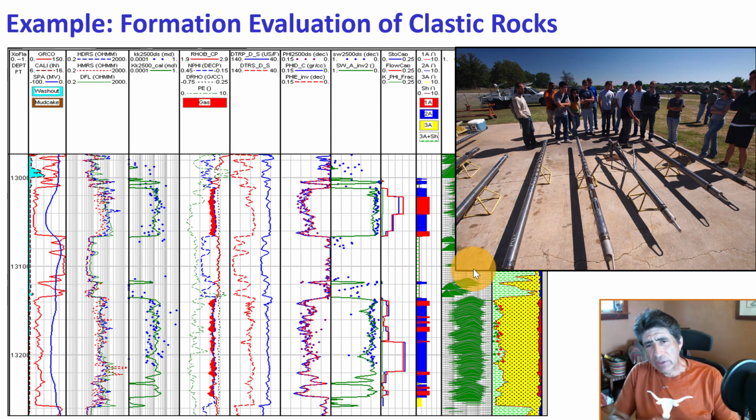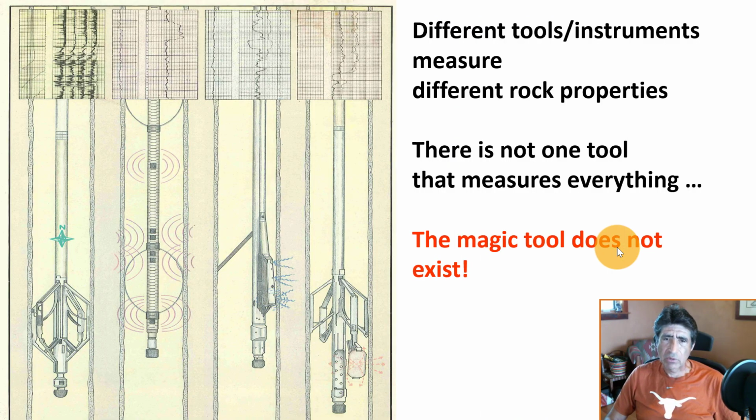And all of these logs are acquired with instruments that are lowered in the borehole. And those instruments work with different physics. We have to combine them, and because they work with different physics, they're going to be looking at the rock in different ways, different volumes of investigation, different resolution, different effects on the fluids, different effects on the solids. All of those things need to be taken into account. So we have a multitude of them.